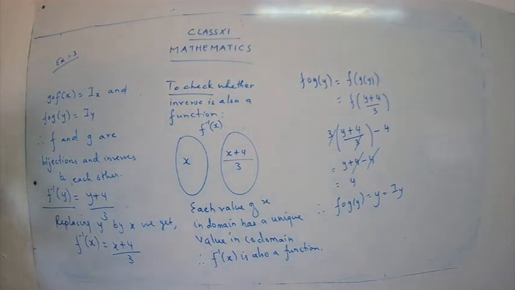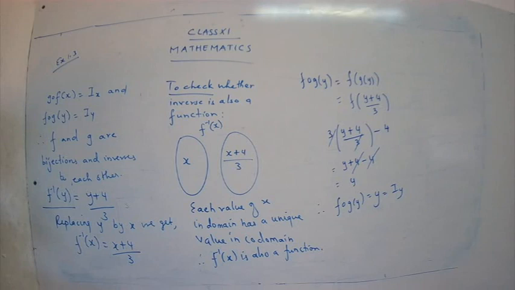Okay, now we are going to the last part of the question, that is we are going to verify the symmetrical property about the line y is equal to x. So what we are going to do is we are going to draw a graph. So just get ready with your pencils and your ruler. If you have a very small space left, please use a new page so that our graph will look neat.